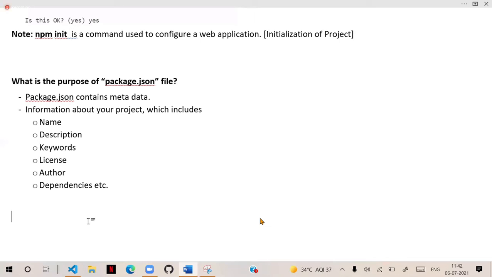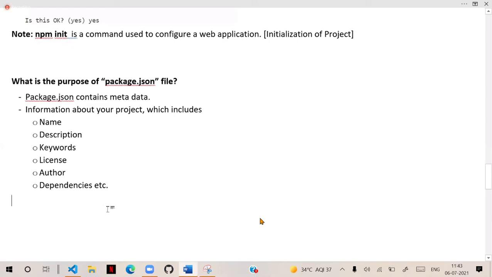So what libraries is the project using? What are its dependencies? All the information about that project, from where will we get that information? Before working on the project, we get all the information from which file? Package JSON file. Package JSON is created by using the npm init command.